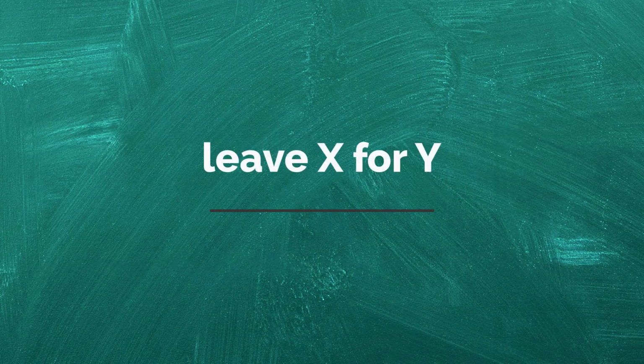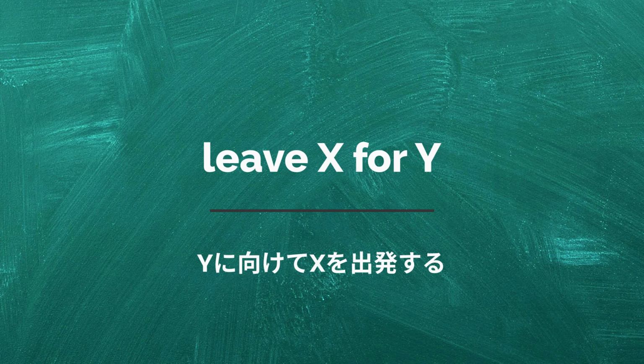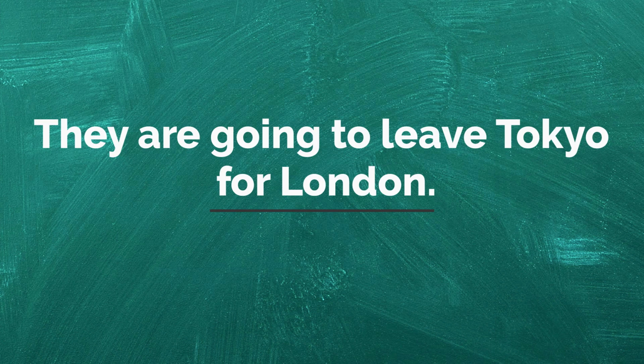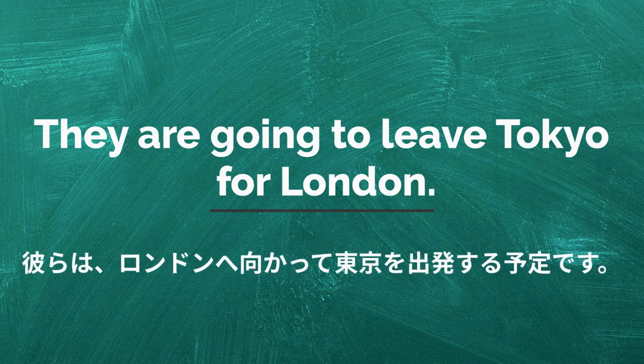Leave X for Y. Y に向けて X を出発する。 They are going to leave Tokyo for London. 彼らはロンドンへ向かって東京を出発する予定です。